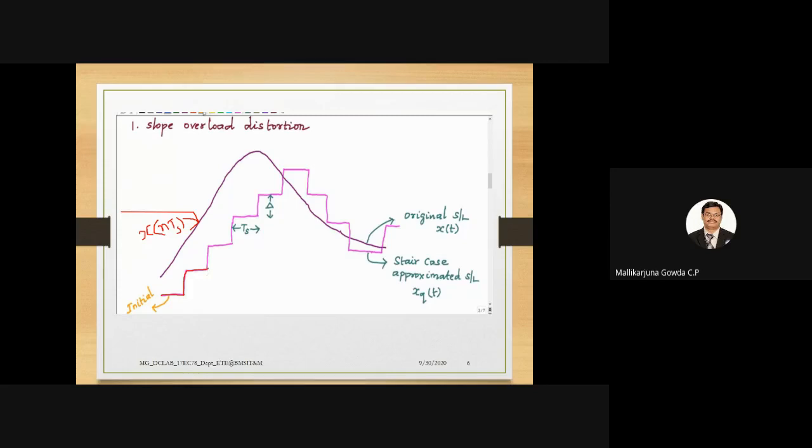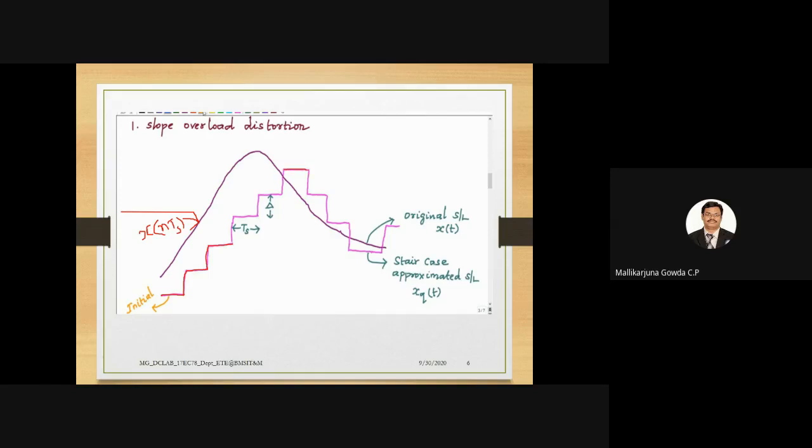Again, now it will compare with the original analog input signal. Still, the analog input signal is more than the approximated waveform, so it will be incremented by delta. Then it will remain the same in that sampling duration till the next. So it is Ts, 2Ts, 3Ts and so on. You check here at this point, it will be incremented by delta.